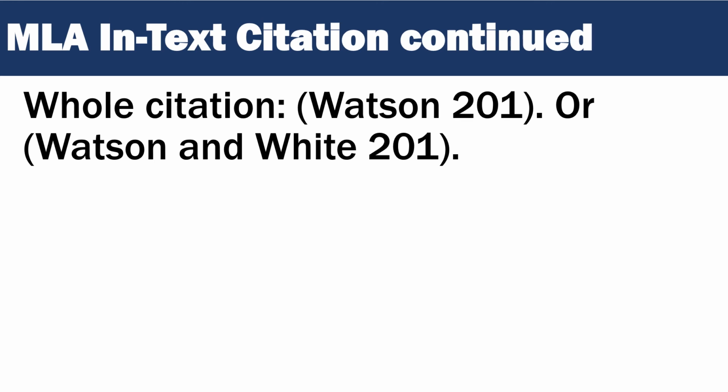To tie the works cited list with these in-text citations, realize that the reason you are putting the author's last name is because that is what is easiest to find on your works cited list. So as the reader, if I am interested in this Watson source, I should be able to flip to your works cited page and find Watson easily. If not, then this is a form of plagiarism. As a proofreader, I'll make sure that every author you list in your in-text citations shows up in your works cited list.